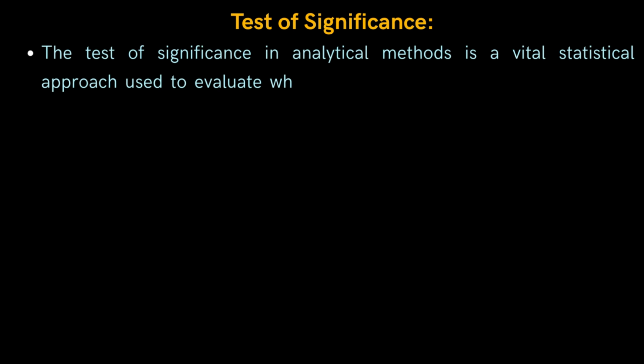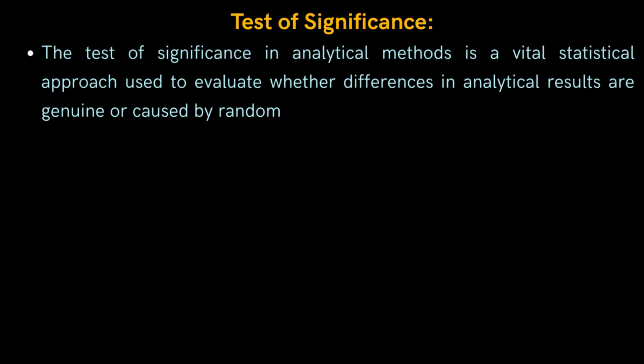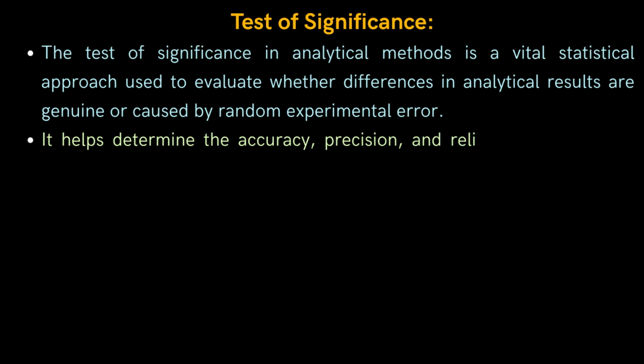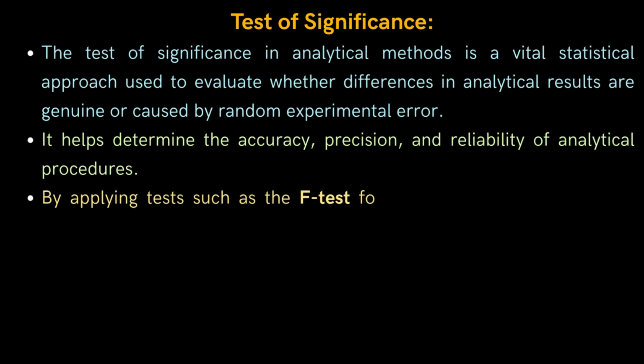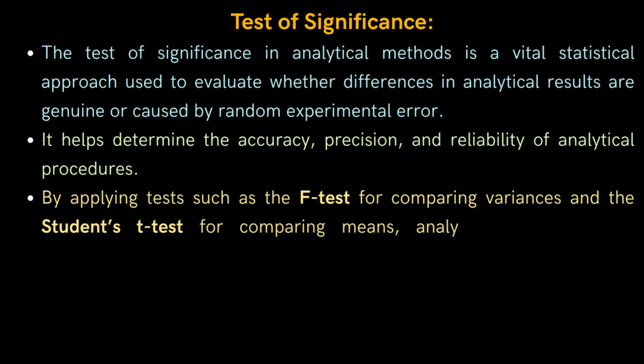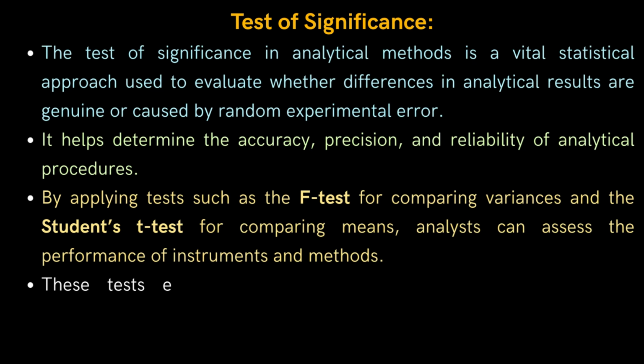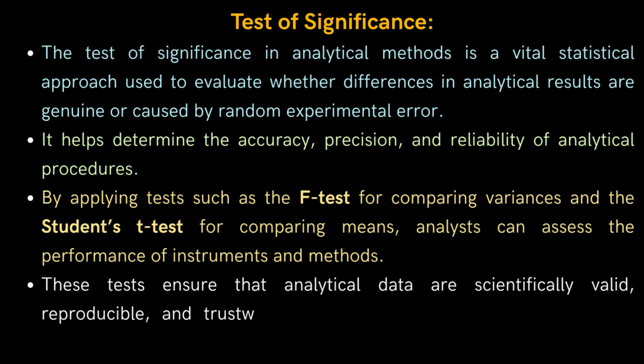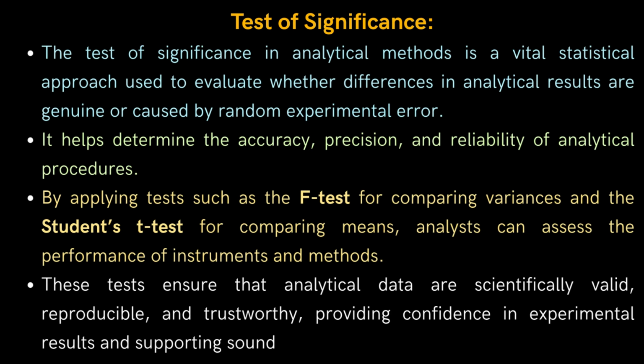The test of significance in analytical methods is a vital statistical approach used to evaluate whether differences in analytical results are genuine or caused by random experimental error. It helps determine the accuracy, precision, and reliability of analytical procedures. By applying tests such as the F-test for comparing variances and the student's T-test for comparing means, analysts can assess the performance of instruments and methods. These tests ensure that analytical data are scientifically valid, reproducible, and trustworthy, providing confidence in experimental results and supporting sound